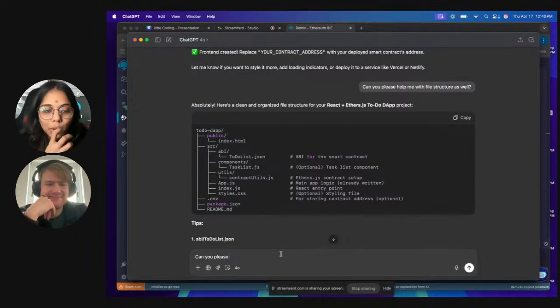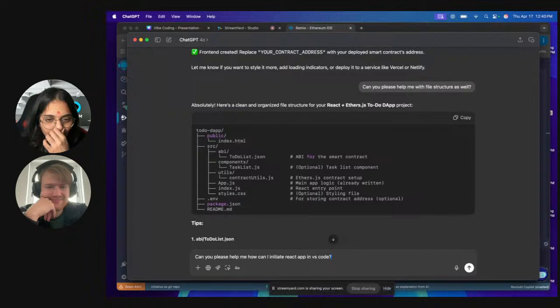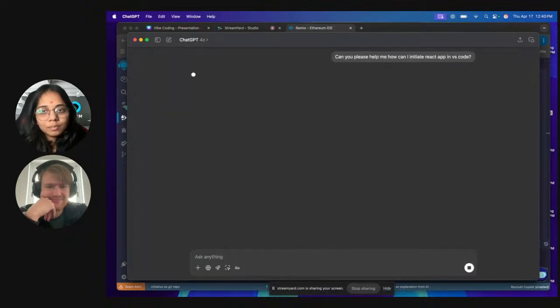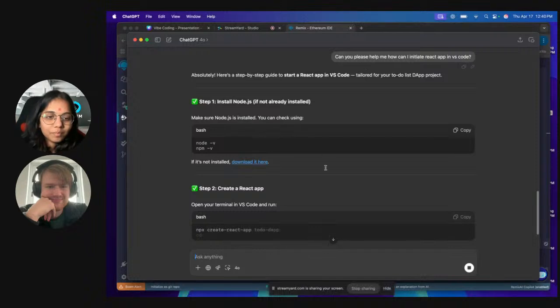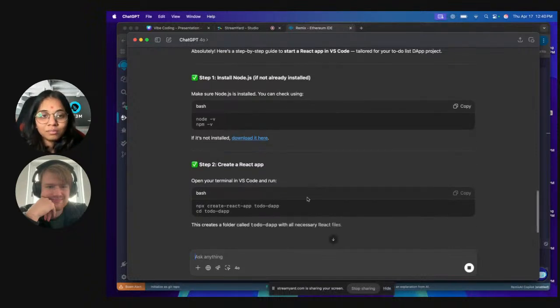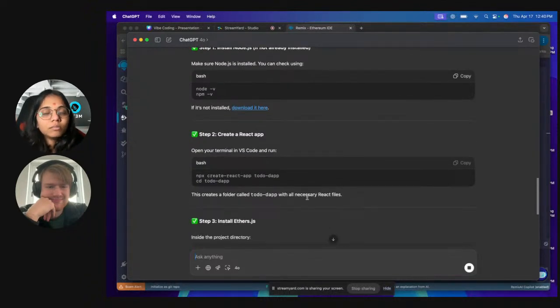So what we can ask next is: can you please help me, how can I create a React app? How can I initiate a React app, let's say I'm using VS Code? Okay, so now it is getting me in the right direction.